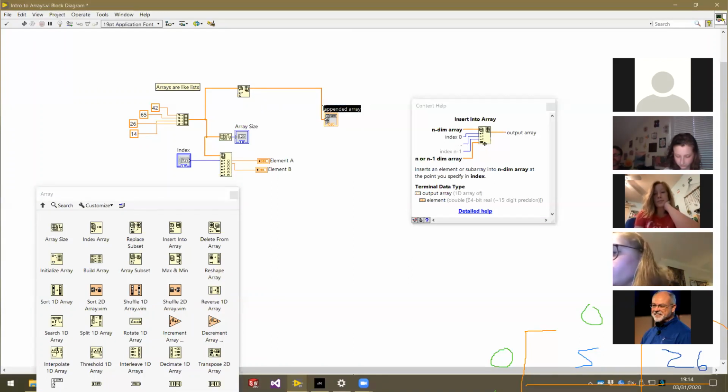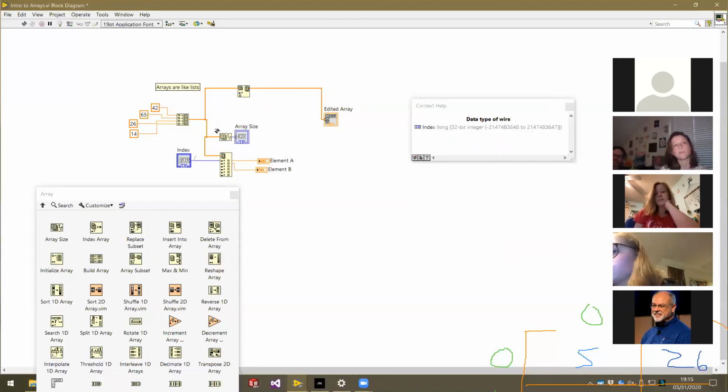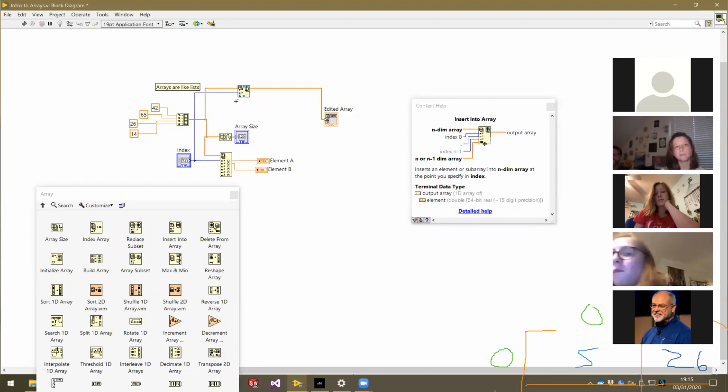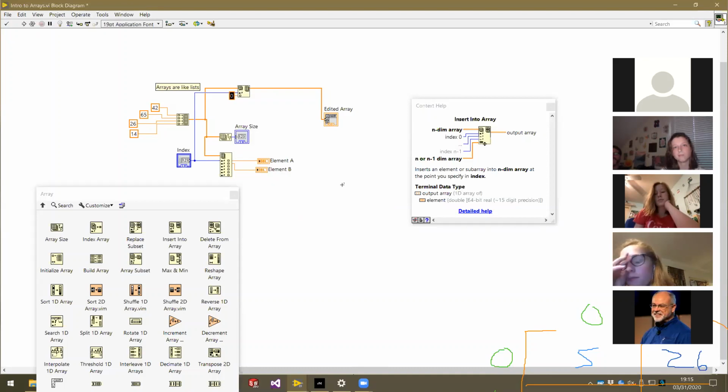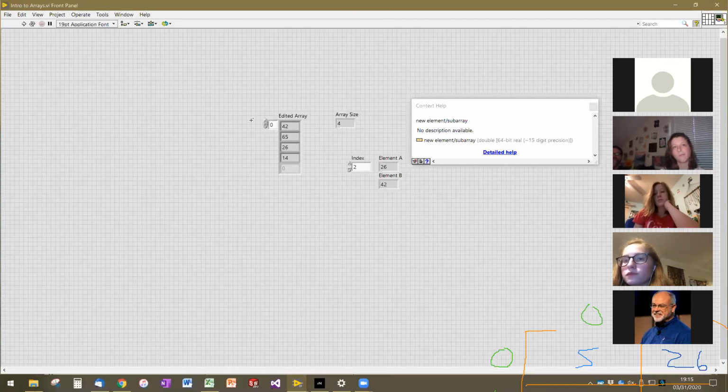I'm going to call that the edited array. I'm just going to use the same index control because it's easy. And let's go ahead and insert the number 254. So right now our index is at 2. Move that over here. And so if we hit run,